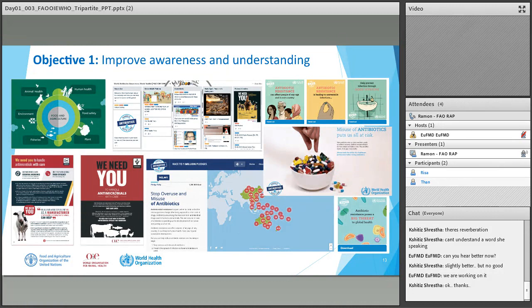As I explained, some of our awareness campaigns are also published on social media. And OIE also had a We Need You kind of campaign. You can see lots of very informative videos and materials through the OIE website. And this is the pledge signed by multiple people, like 100,000 people, over some years, and WHO also published lots of useful communication materials.